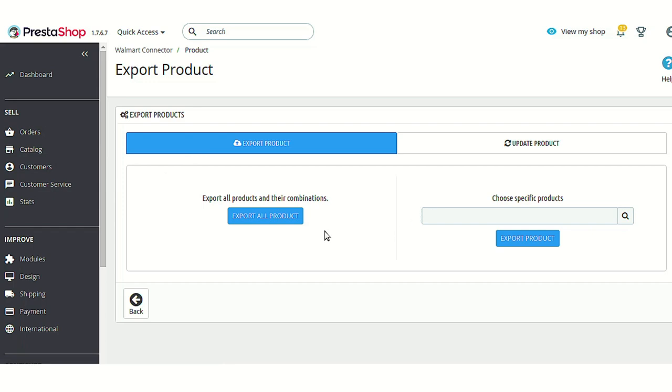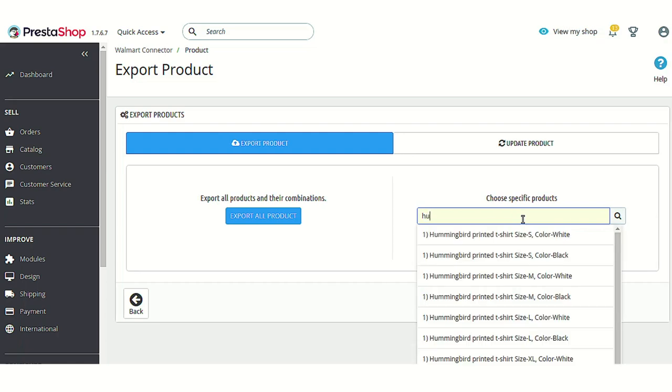So I'm just explaining that in order to export the product, you can choose a specific product, or enter text to search for the particular product, and you can choose to export various combinations of the product accordingly.